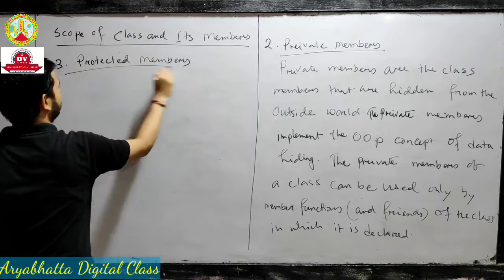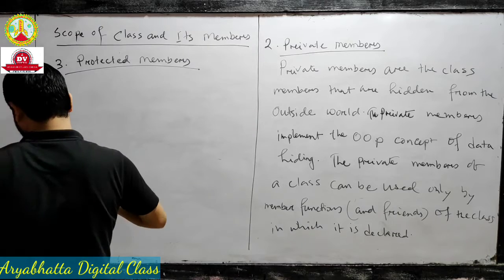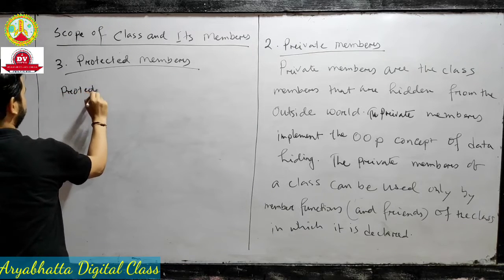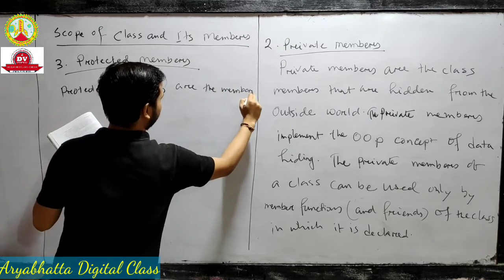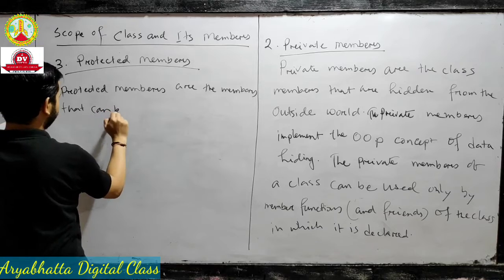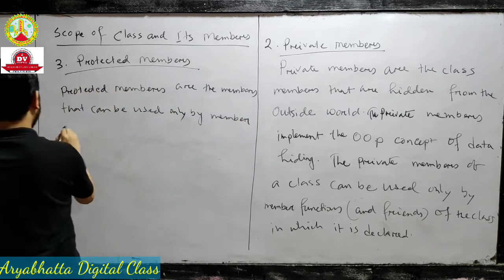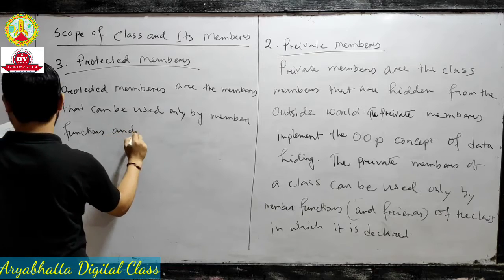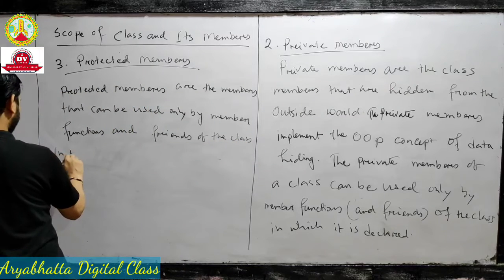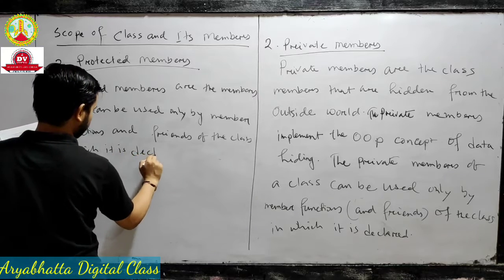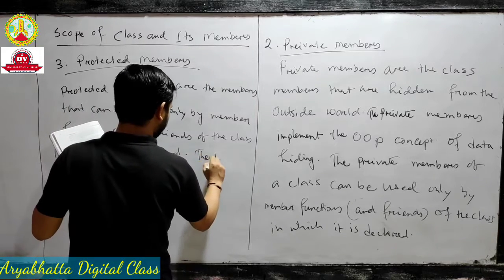Last one is protected members. See, protected members are the class members, or you can write members, that can be used only by member functions and friends of the class in which it is declared. The protected members